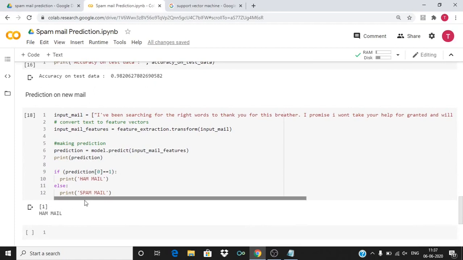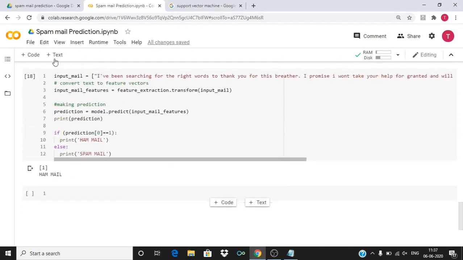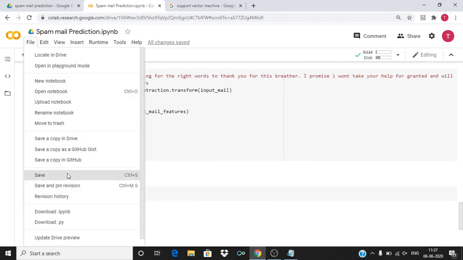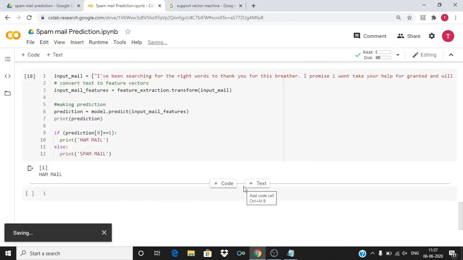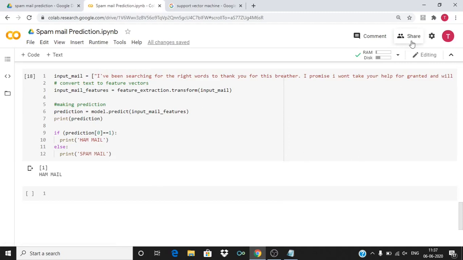So this is the working of it, and I hope you have understood every part. Let me give you a challenge. You can go ahead and see how this works for other models such as k-nearest neighbors or the naive Bayes algorithm, and compare the accuracy score of the support vector machine model with the other models. It would be a good exercise for you. I hope you have understood this problem statement.